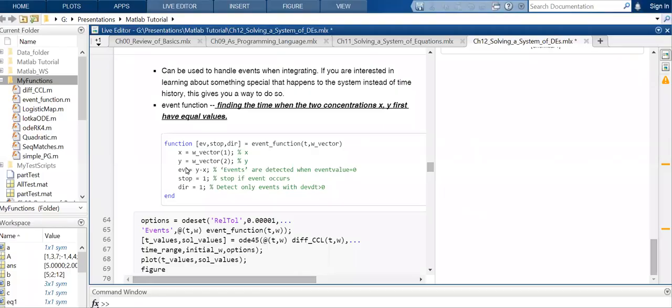equal, event will be 0. That means there will be event detection. So we can set that as an option. So the options ODE set. So we can set the other parameter, relative tolerance, and then the events. So this is the call for the event function, and then we can call this function at TW event function TW. Okay. So this is the calling function for this one,